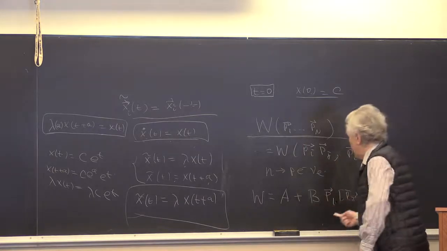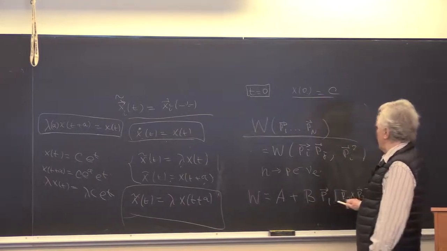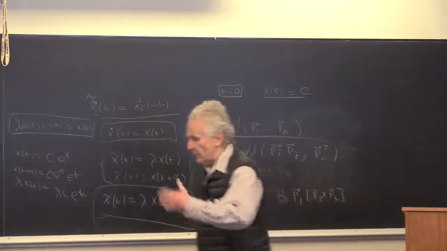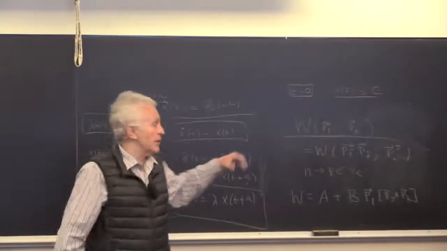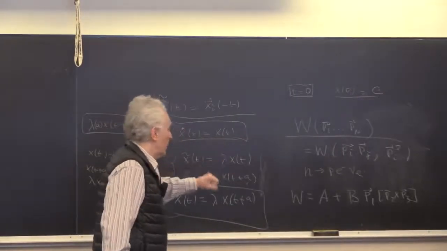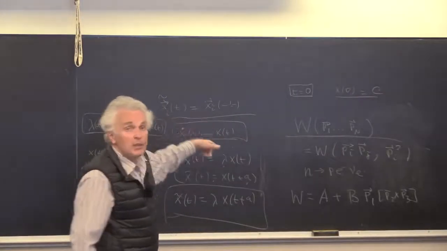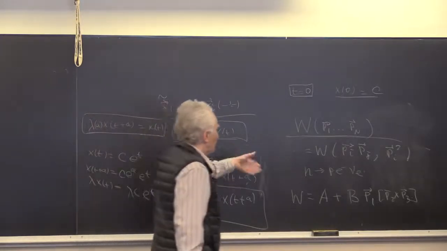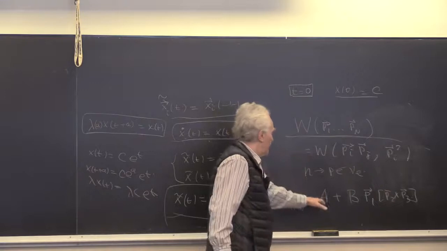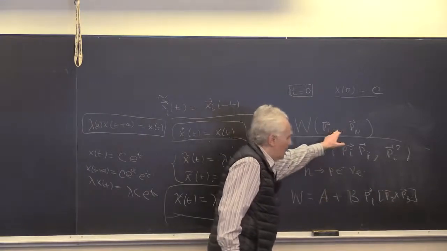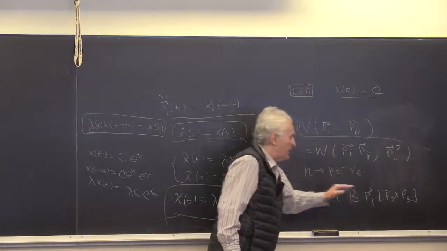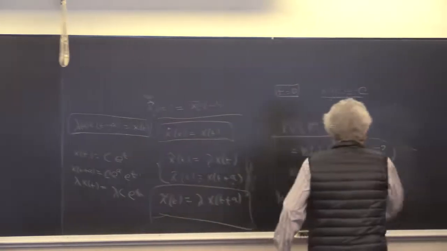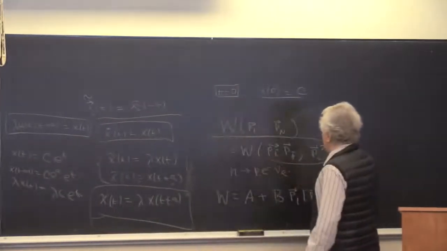And we said that if you have only two vectors, then you cannot decide whether reflection symmetry was broken or not, because if rotational symmetry is preserved, the expression will be automatically symmetric under reflection if it depends on two vectors only. But with three vectors, it's not. It's like that. By the way, A and B are functions, of course, of scalar products.